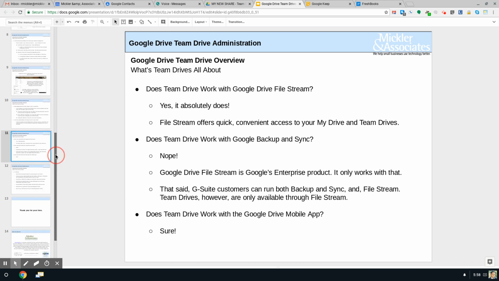So does Team Drive work with Filestream? And the answer is absolutely it does. It works directly with Filestream, which is a product from Google that allows you to see your Google Drive from your native file system, whether you have a Mac or a PC. It allows you to navigate and open up files directly from the Google Drive using some tools on your device. And that same tool, Filestream, allows you to see team drives,